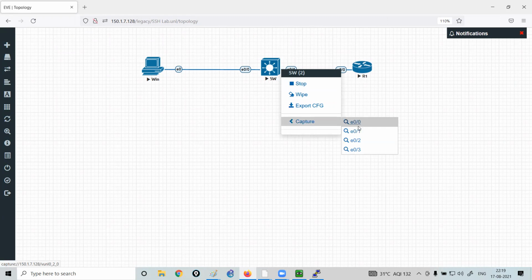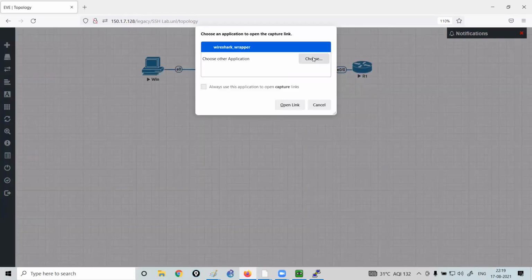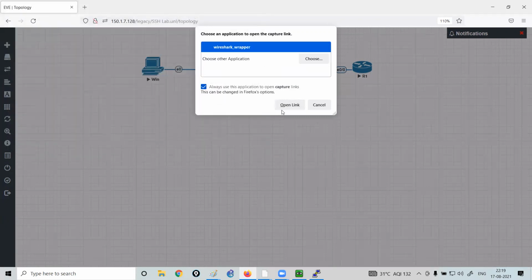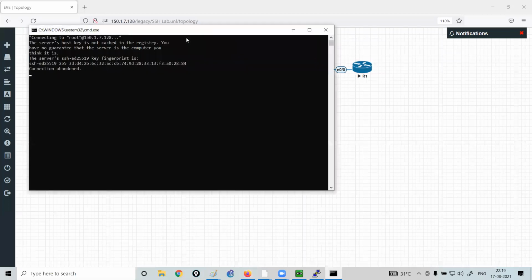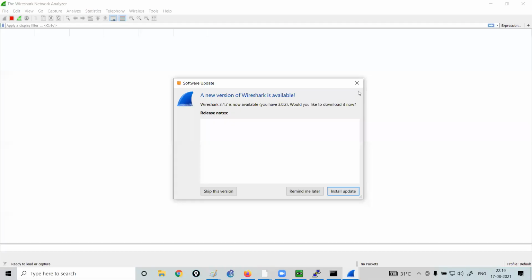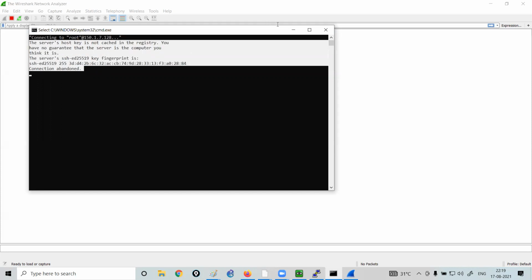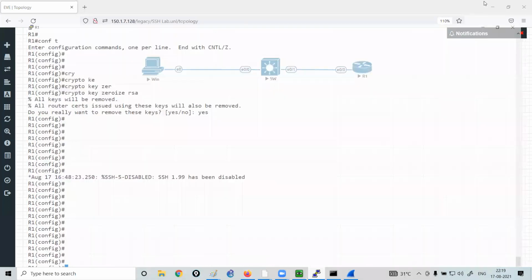Ethernet 0/1. Okay, I'm getting some glitches with this Wireshark because the connection has been abandoned here. We'll sort it out. However, I just wanted to make sure that you are able to see the packets flowing